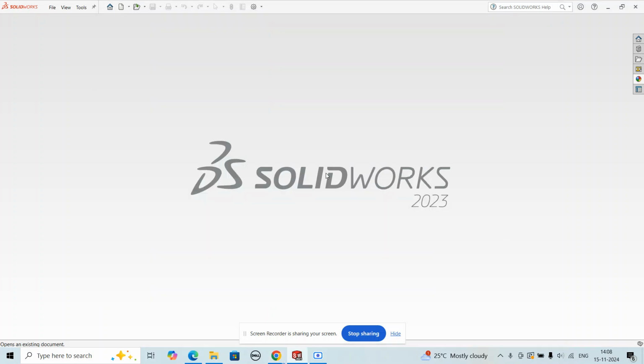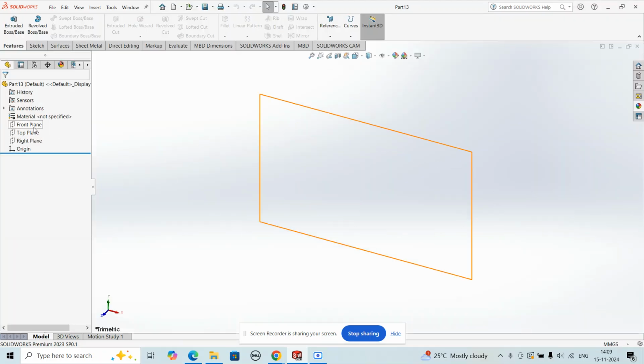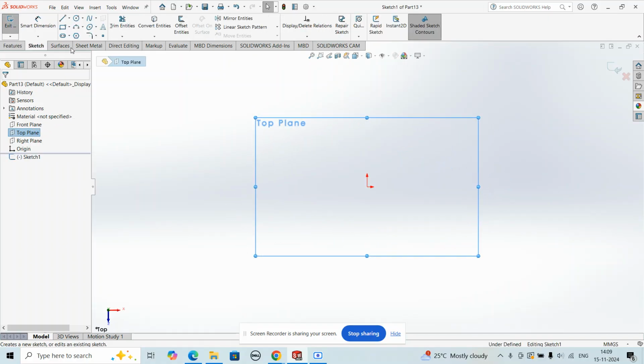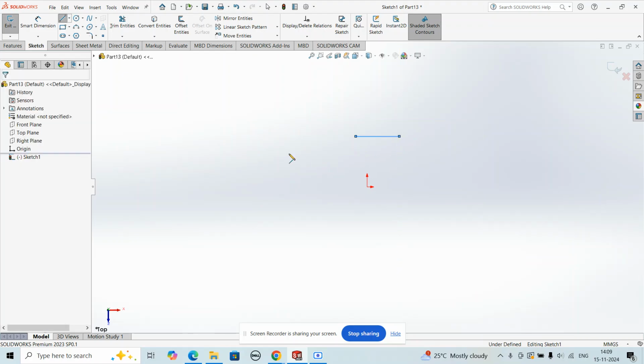Let's see how to create an automobile tire in SolidWorks. Go to new part design. Select the front top plane for the sketch. Give the dimension